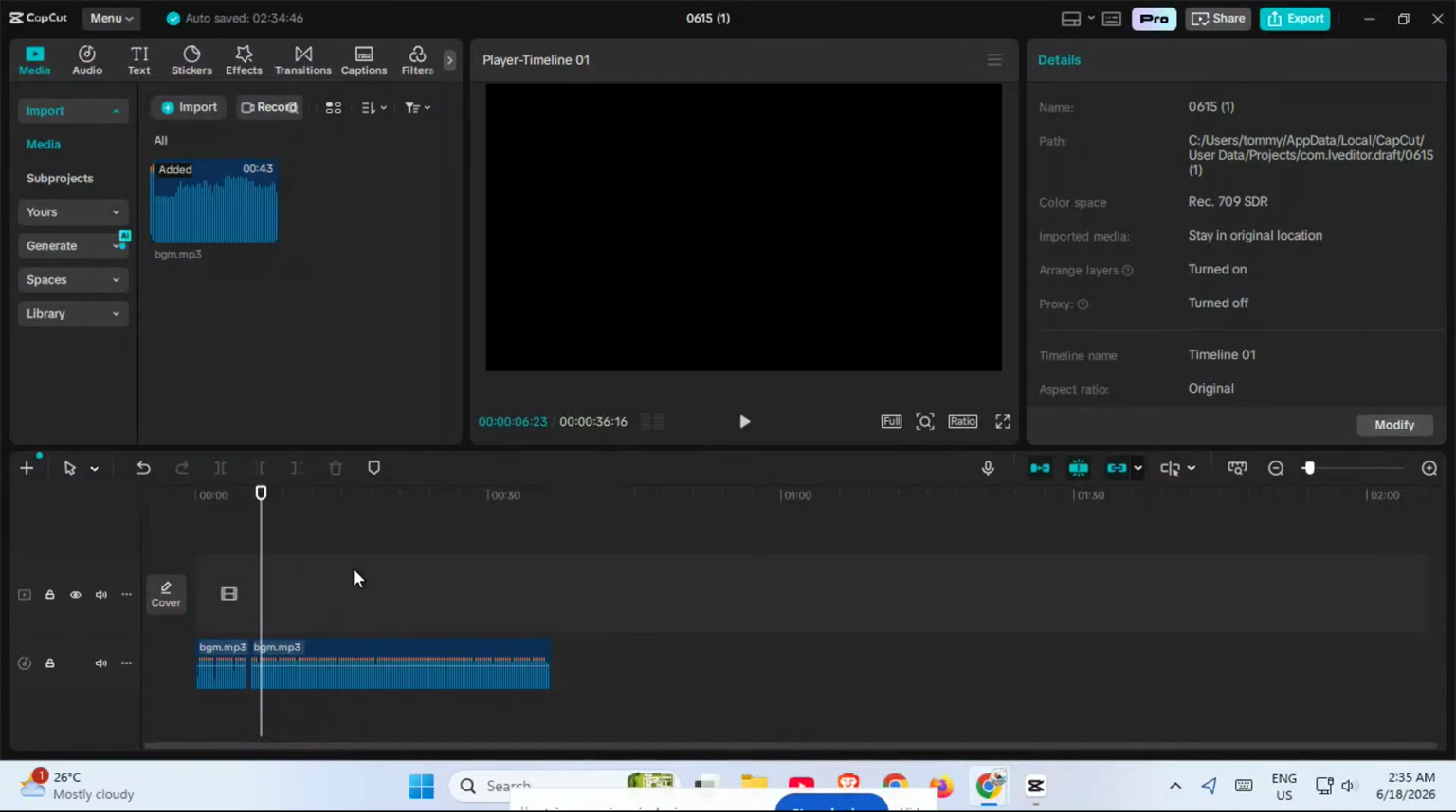If you've ever split a clip in CapCut and then realized you want to delete just that split part, you're in the right place. In this video, I'm going to show you exactly how to delete a split in CapCut on PC in just a few simple steps. This is super useful when you're cleaning up your timeline, removing mistakes, or trimming down sections of a video without